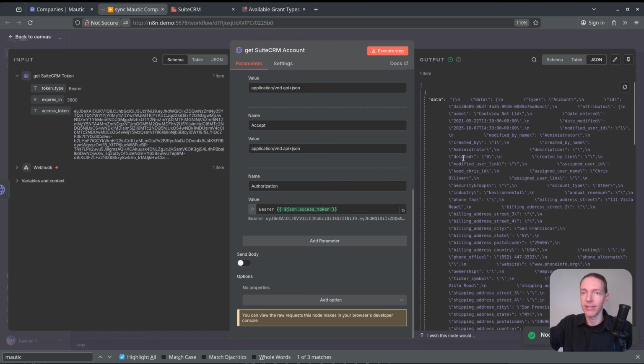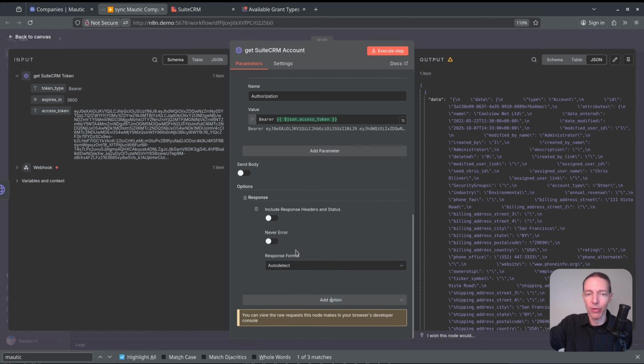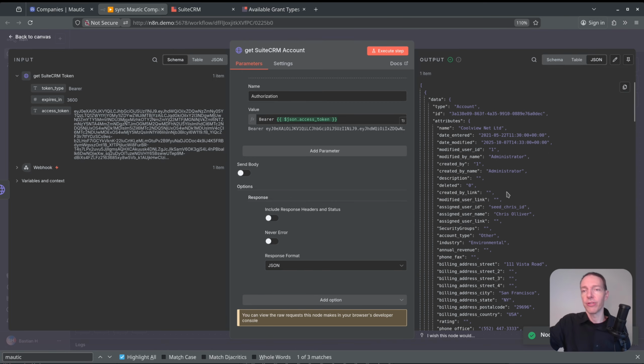And I can execute the step. And you can see it looks all good despite the cosmetics here. So I know it's JSON format, so I can add some configuration and say don't auto detect the format, just use it as a JSON. And then as you can see, it looks neat and clean, tidy. So the reason why I wanted to have this is fairly simple. So I can use my name. So this is one